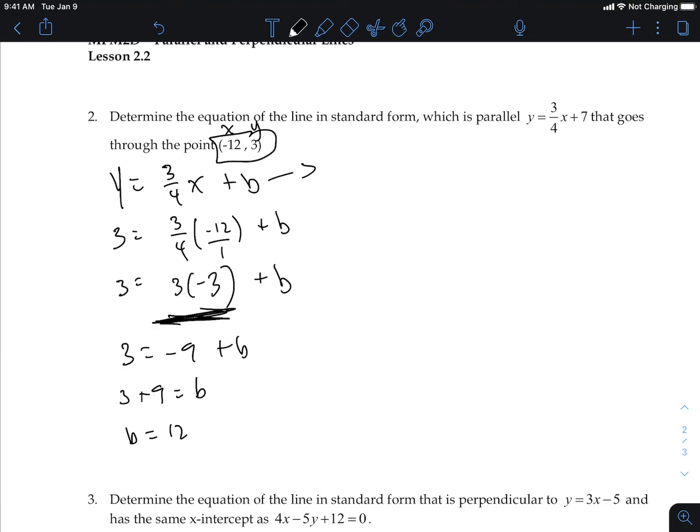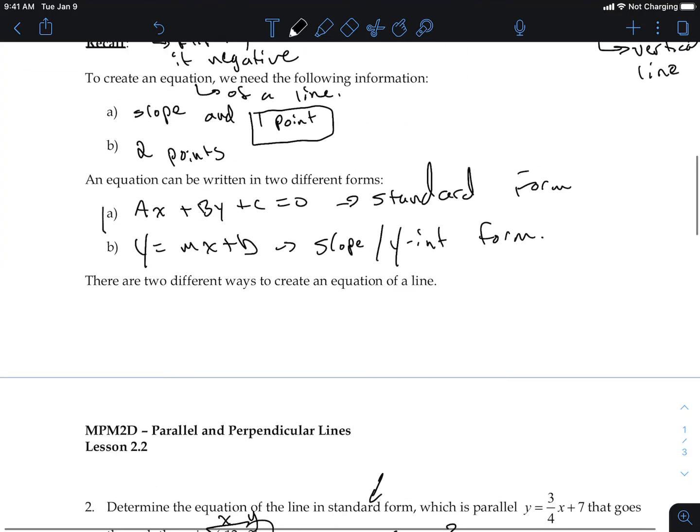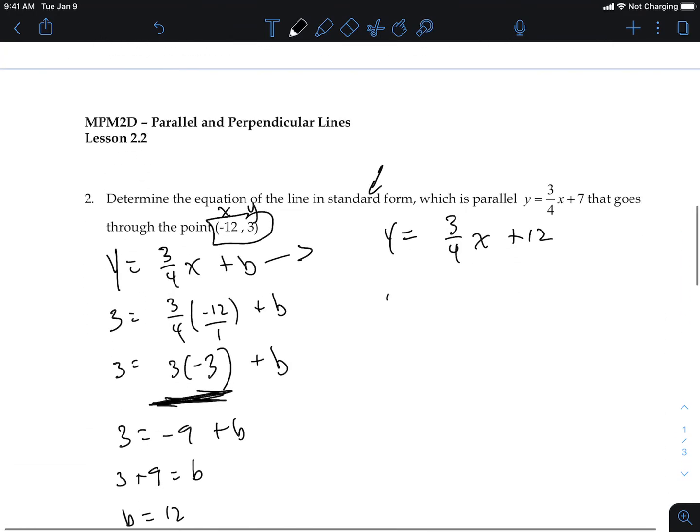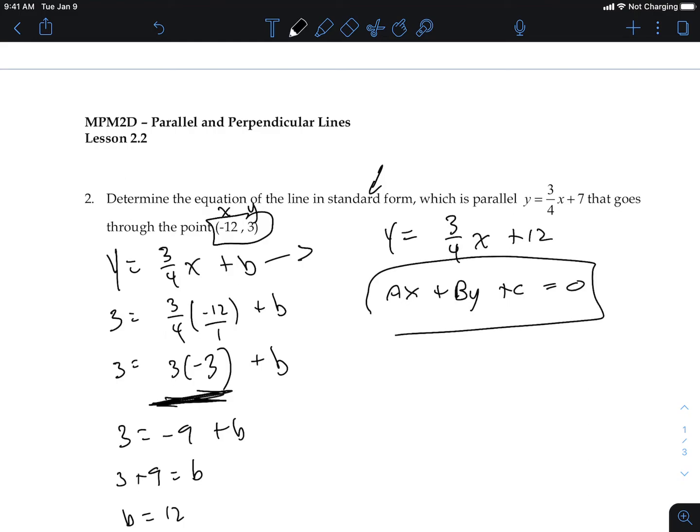Now, I can rewrite the equation. Y equals 3/4 x plus 12. Right? And it wants it in standard form, which means I got to make it look like this one from the other side: ax plus by plus c equals 0. That's what I need to make it look like. So let's do that. I'm just going to start bringing stuff over. -3/4 x